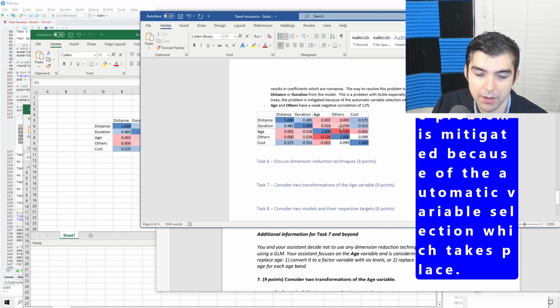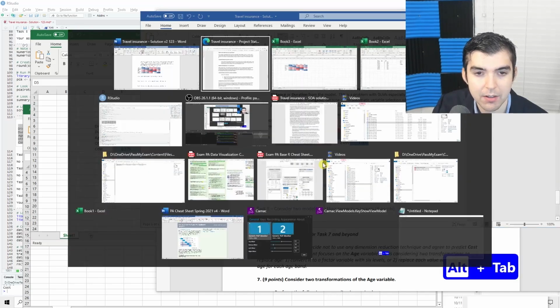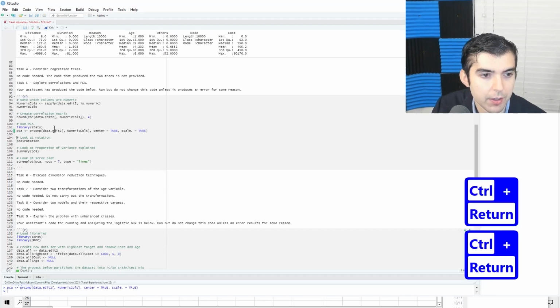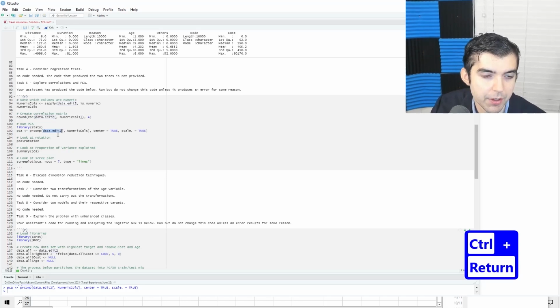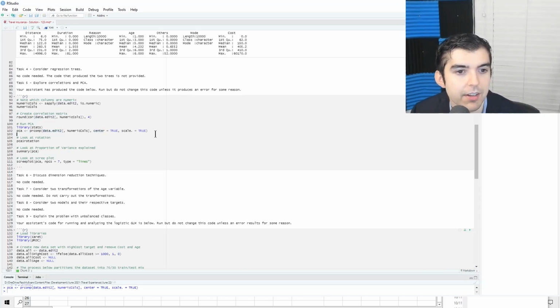Okay, and then now let's see what they do for PCA. So there's PCA, and it's running on edit 2 of the data, which I see is the earlier data that removed the outliers, and it's centering and scaling.